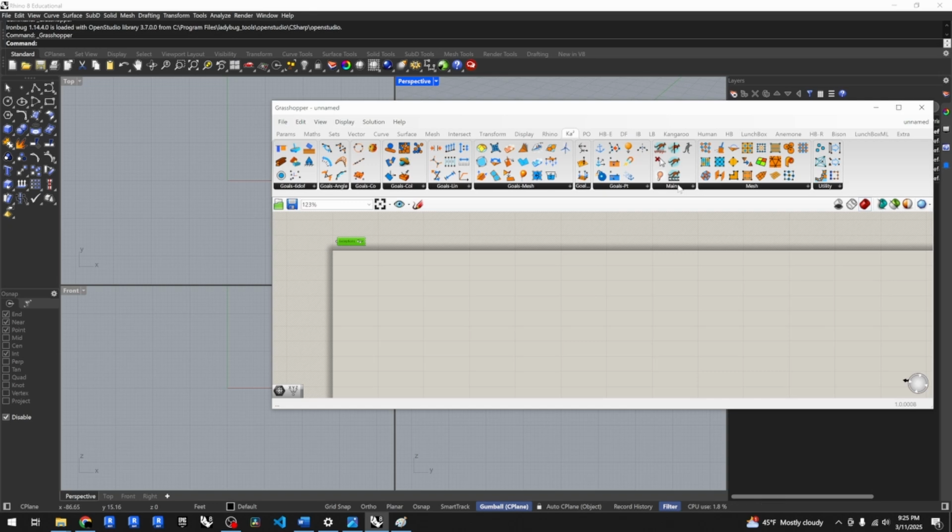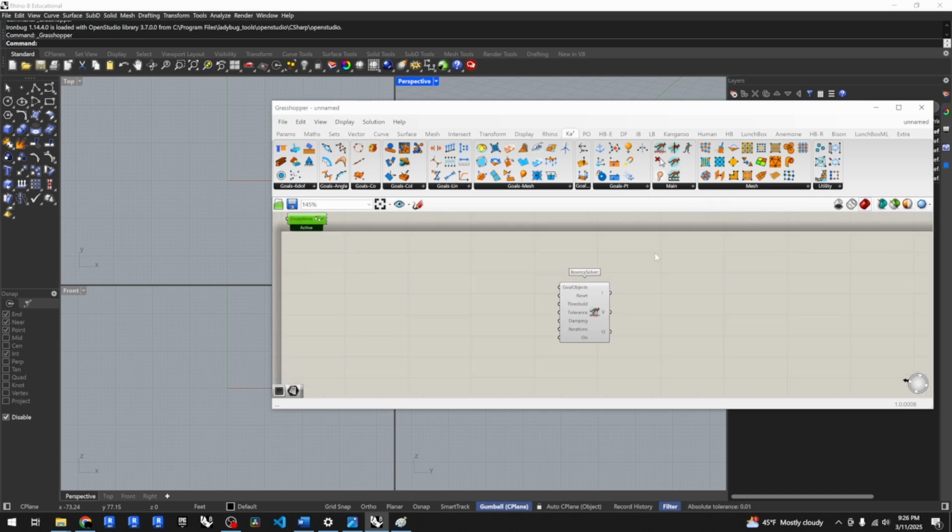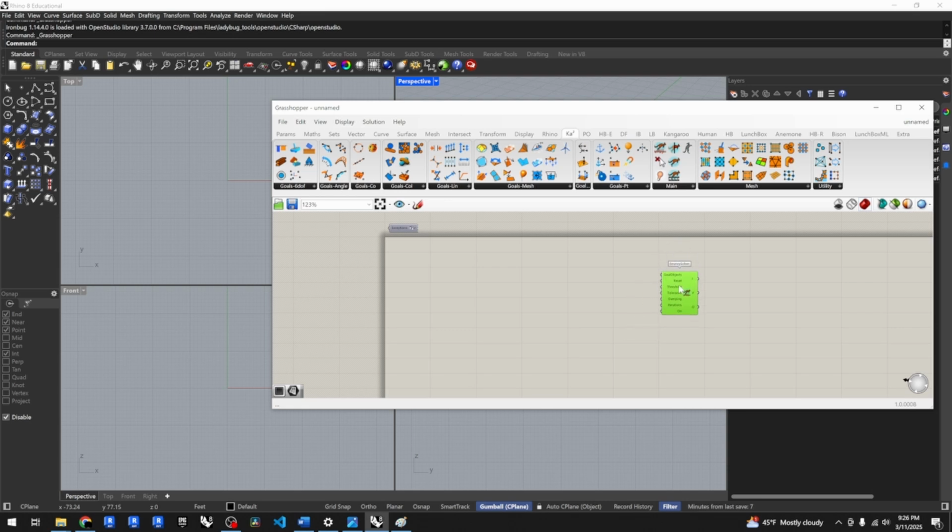So the way that I like to start when I'm building a physics-based model in Kangaroo is to start with the engine. And there's a few different flavors of the engine. The first one is Bouncy Solver, which is my favorite because I like to see how the physics are reacting. And then the rest of these solvers, they kind of have their own flavor as well. If you're unsure, just use the main solver, just called Solver. But for this example, we're going to use Bouncy Solver just so we can see what's happening. So once I drop that in, and I'll just put this directly under the main tab here so it makes a little bit more sense,